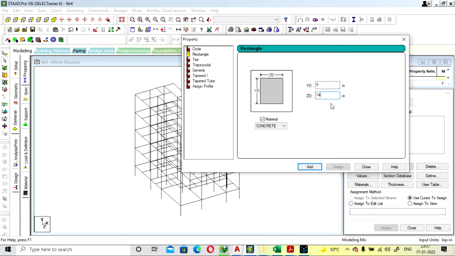Okay, if you want to go with a lower dimension, I can go, and after that we can increase, but right now I'm going with this. Once we apply the load we can change it and also check whether it is passing or not. Okay, right now I'm going with this, 9 inch into 14 inch. Okay, add,